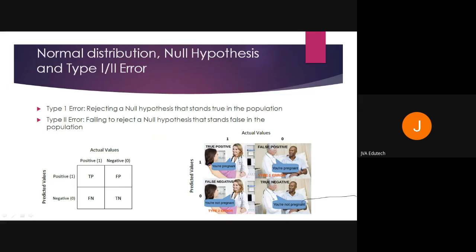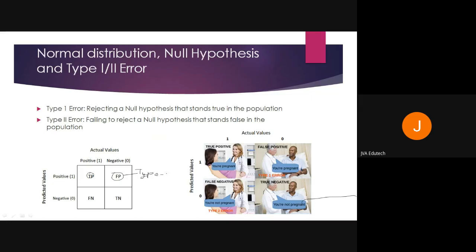This pointer is not calibrated properly. So in this matrix, you can see positive and negative values, which are the actual values. Then on the other side, it is a 2 by 2 matrix actually, where you have predicted values. Something which you have predicted correctly and it's true also is known as true positive. Something which you have predicted but it is not actual is a false positive, and this is known as type 1 error.